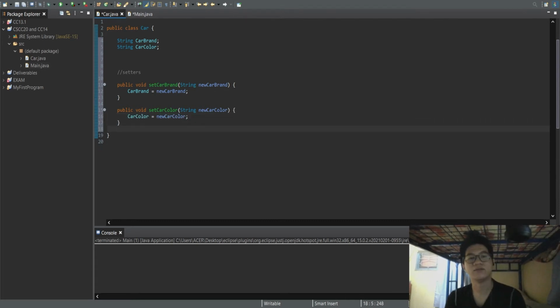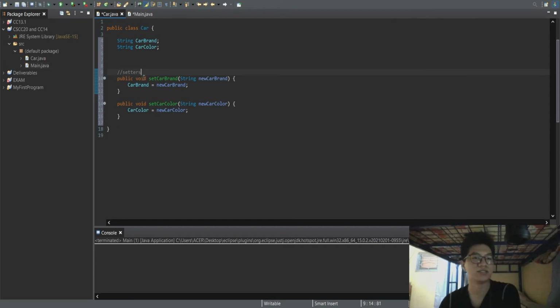And there we have our setters, but we're still not done because we still need our getters. So when we set these variables in the main class, we can also get the variables, because these methods are return type void, which means that it returns nothing. So let's set our getters,